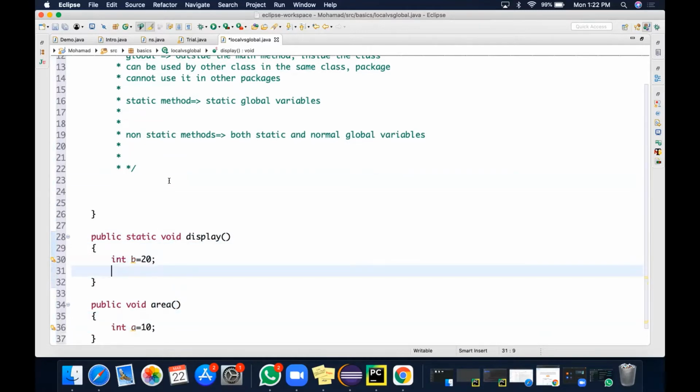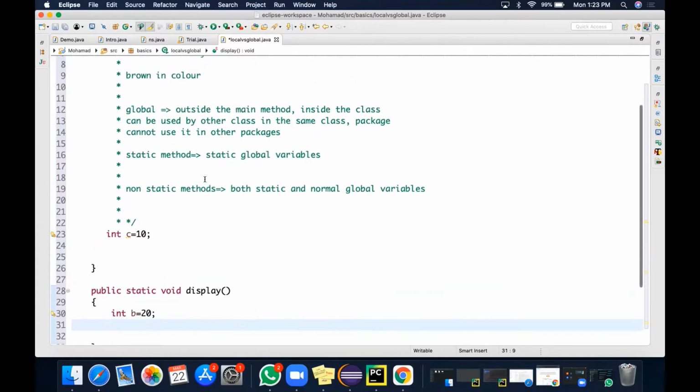If you try to use it outside, you will face an issue. So this is a local variable. Suppose here I have integer c equal to 10. This variable belongs to the main method only. I cannot use it here, it will throw an error. So this is a local variable.